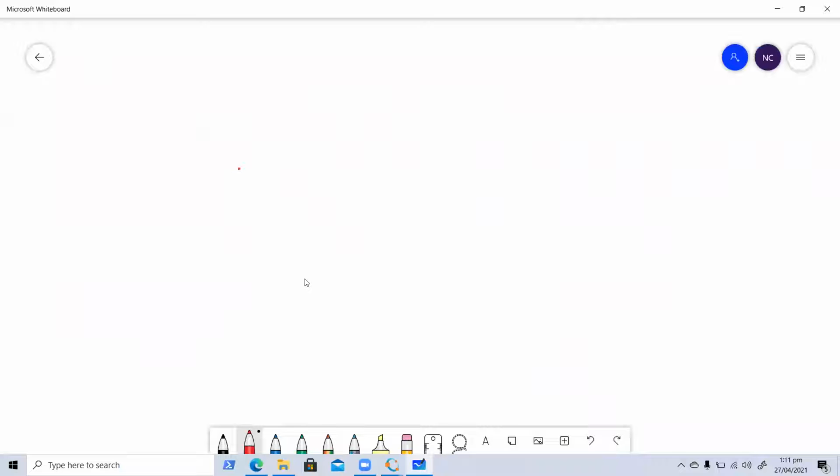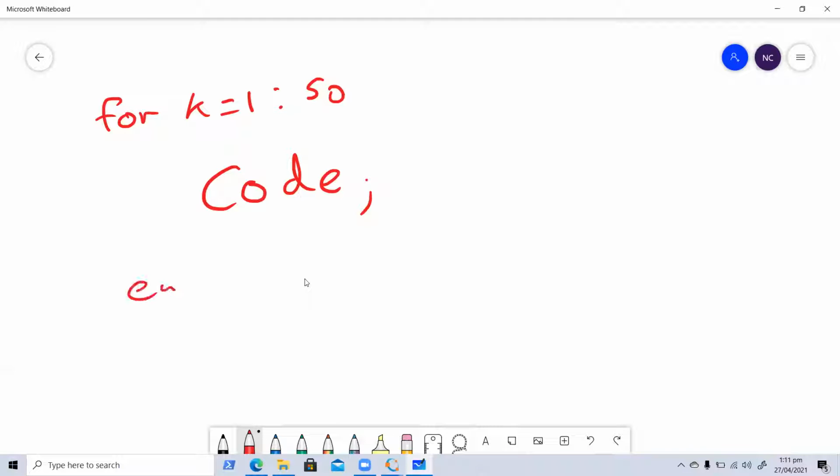You have some code, a line of code, and you want to execute it more than once. That code, you can put in a for loop. You can do for K equal 1 to 50, then you do end. And what that does is it executes this code